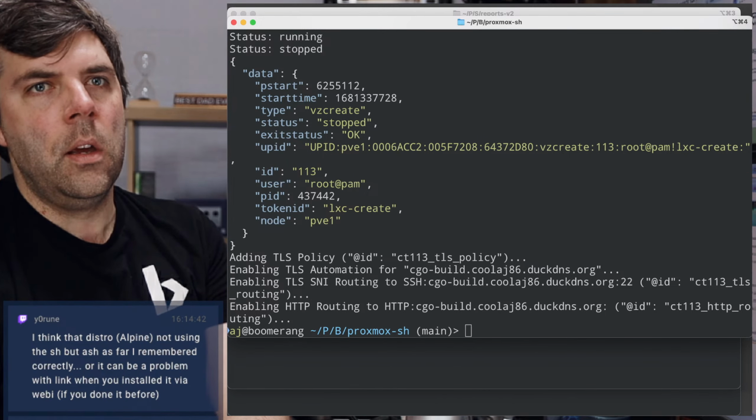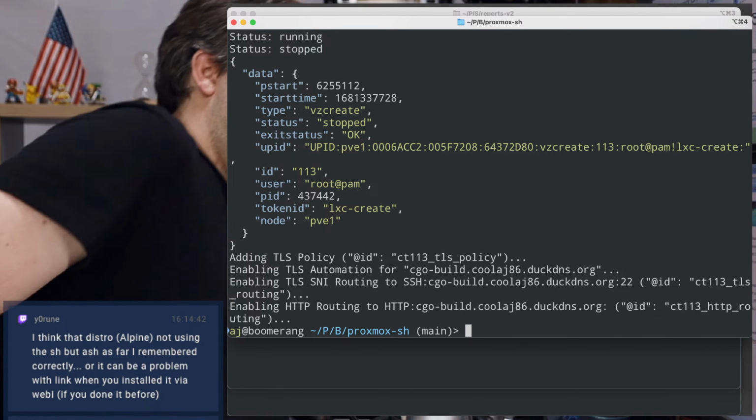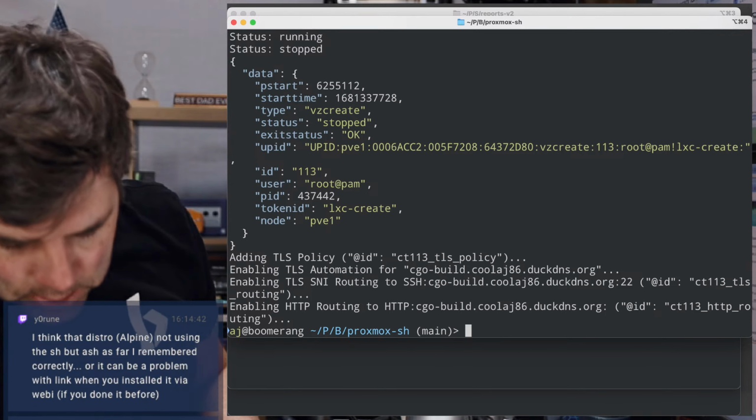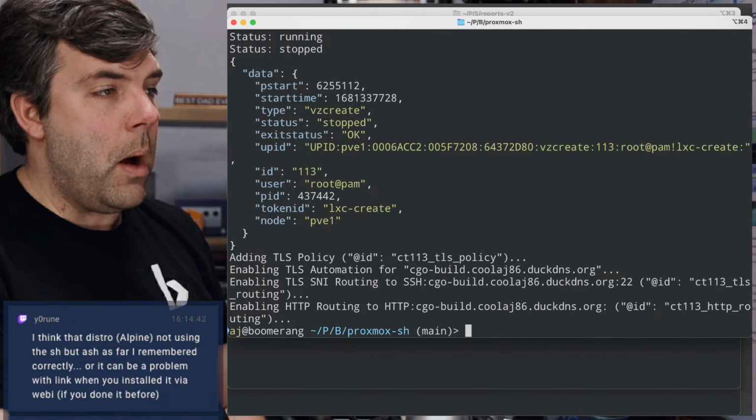There's Ash, there's Dash, there's KSH, but there's a variety of different shells which are POSIX shells. ZSH is not POSIX, fish is not POSIX. So SH just means a POSIX shell.